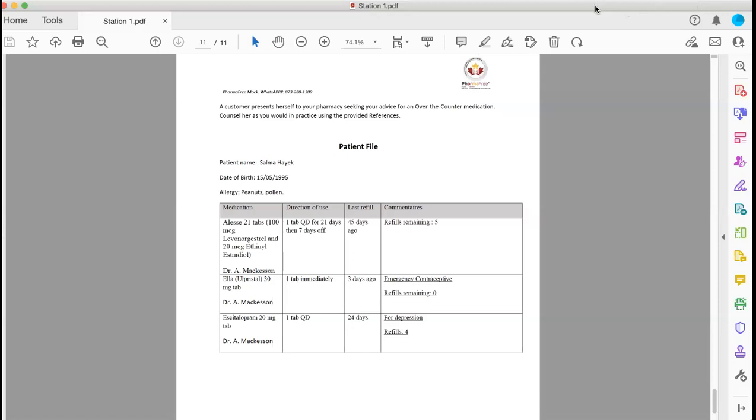So what you did here, Hani, exactly, you referred the patient to see a doctor, right? Okay, it's not a bad action. It's a good action actually. This is the right action. What about Plan B? You didn't recommend to postpone the dose for 2 more days, right? Yes, because she took Ella 3 days ago, so she has 5 days on Ella before she can start Plan B, which would be 3 days after the intercourse, where Plan B will not be effective. Yes, a good point as well.